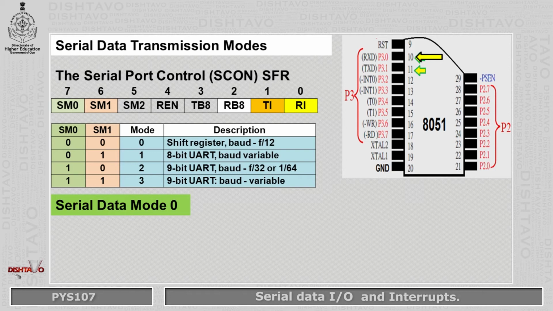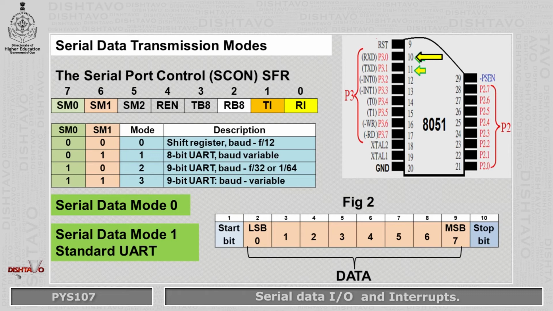Data is shifted into the serial port buffer register on the rising edge of the shift clock. Mode 0 is not intended for data communication between computers, but as a high-speed serial data collection method using discrete logic to achieve high data rates. The baud rate used in mode 0 is much higher than the standard rates. For example, for a 6 MHz crystal, the shift rate will be 500 kHz.